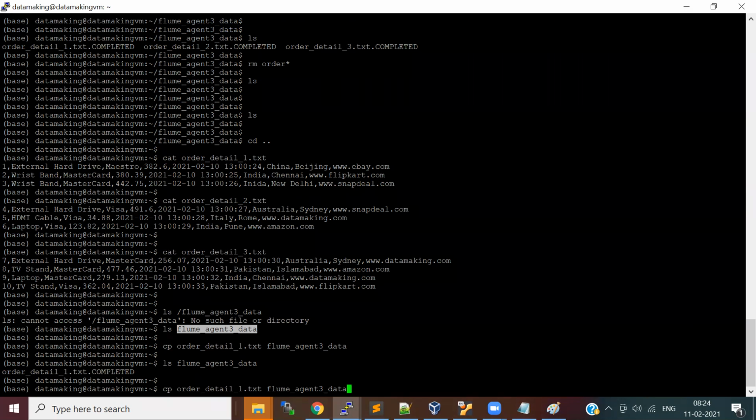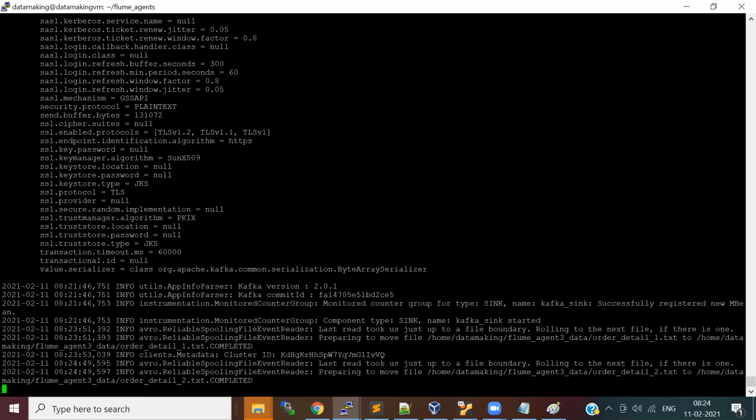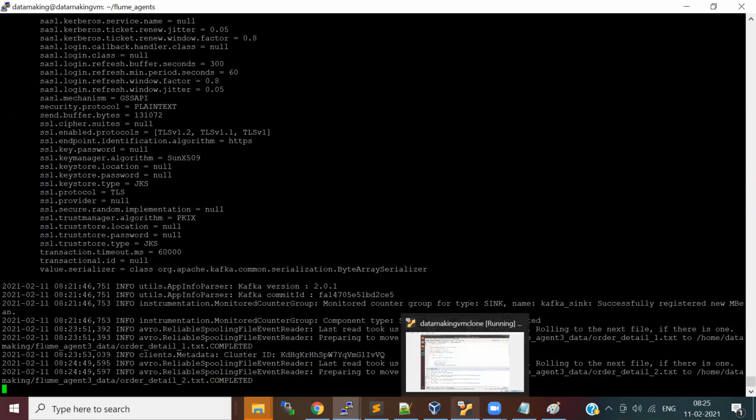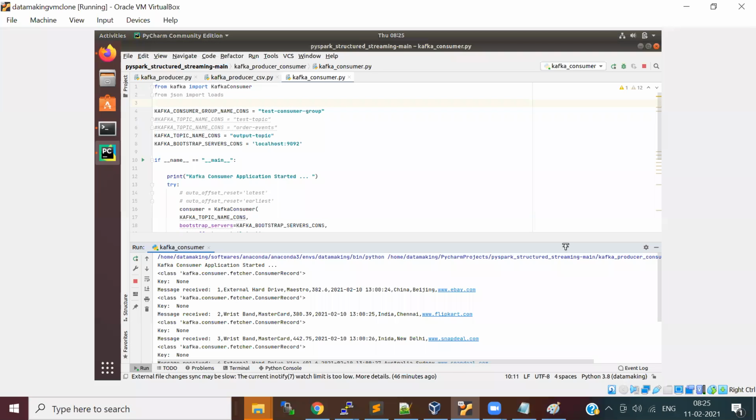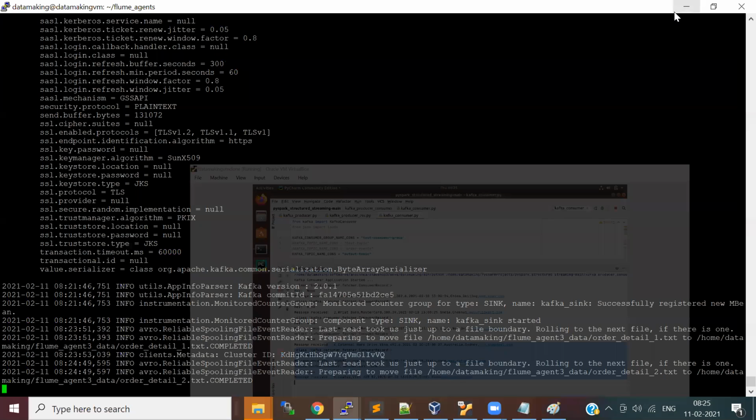If we send one more file, it will not read the old file, otherwise it would become a duplicate. Exactly. The second file is also picked up. Let's check this. Yeah, the second file data also comes. Similarly, you can start publishing other files.